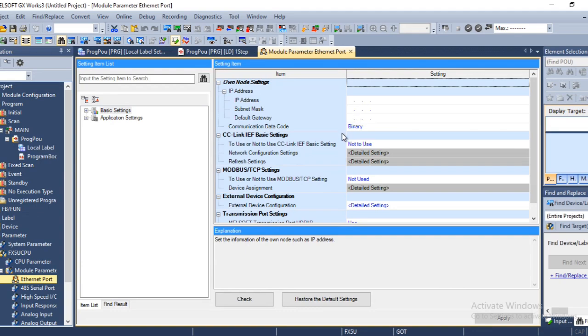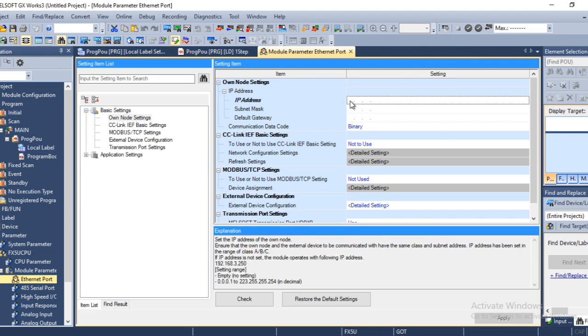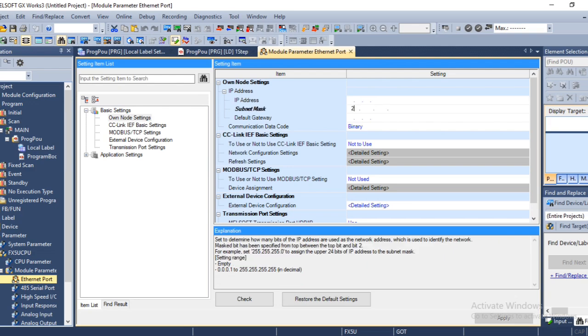Inside this window, you will have to set IP address, subnet mask and default gateway. And you need to keep this thing in mind. You need the same subnet mask. You cannot set a different subnet mask for the PC, PLC and servo drive. You need the same subnet mask to make communication. Let's say we have subnet mask 255.255.255.0. We have to set all the IP addresses in the subnet mask.